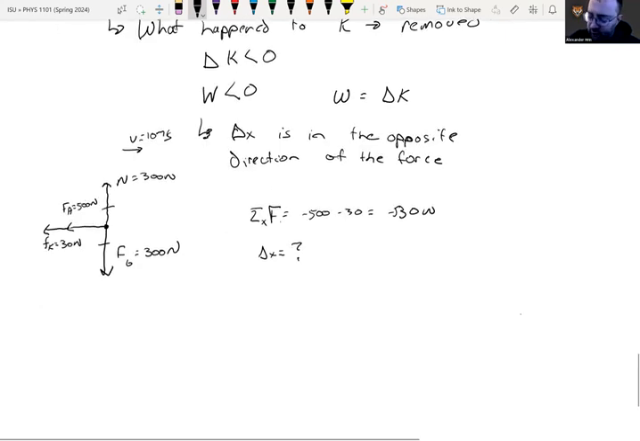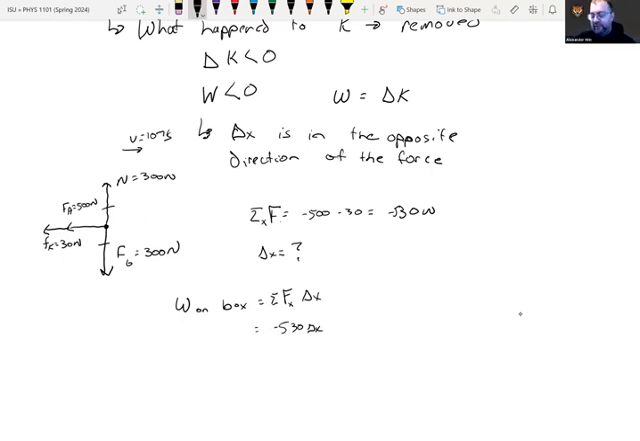Okay. So if we wanted to do the work on the box, this would be the sum of our forces in the X direction times delta X. Well, that's going to be negative 530 delta X, and that's what we're finding. So if we're looking for delta X in this case, what we can do now is go look at our kinetic energies. Okay, so we actually know our initial kinetic energy,